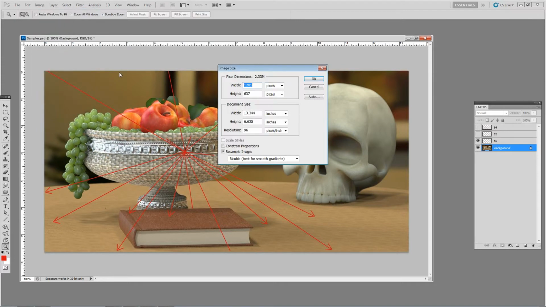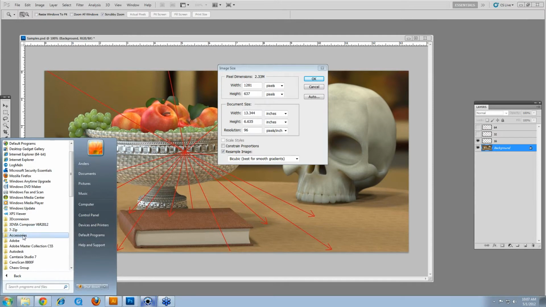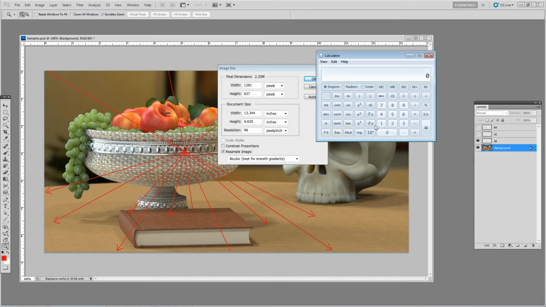essentially for every single pixel in this image, it's going to send out 16 rays just like this. And we have an image that is 1281 by 637, so you multiply those two. So if we do 1281 times 637, we have a total of 815,997 pixels in our image. So for every single one of those pixels, 16 rays are going to be shot out. So you can see there's a lot of calculation that goes into this when you're increasing the samples number. So if you multiply that times 16, these are how many calculations we have with just one ray bounce for